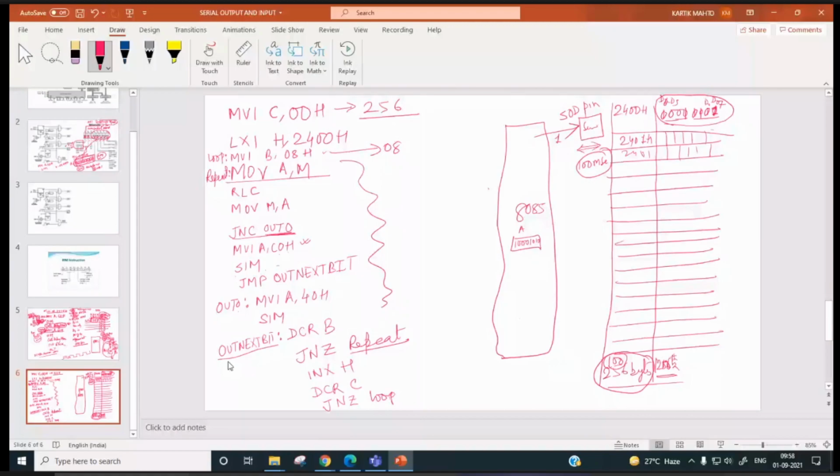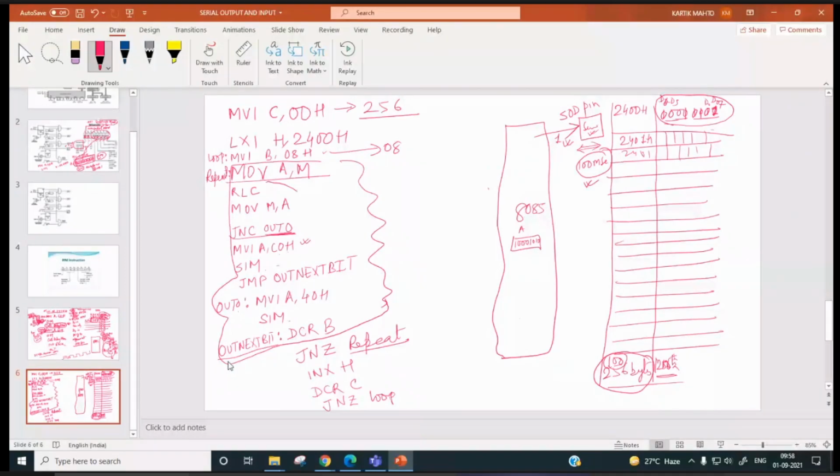So you need to use a delay program in between. This 100 millisecond delay will be generated by the processor and then it outs a bit at SOD pin. So by that time the serial data receiving device will be ready for receiving the next bit.